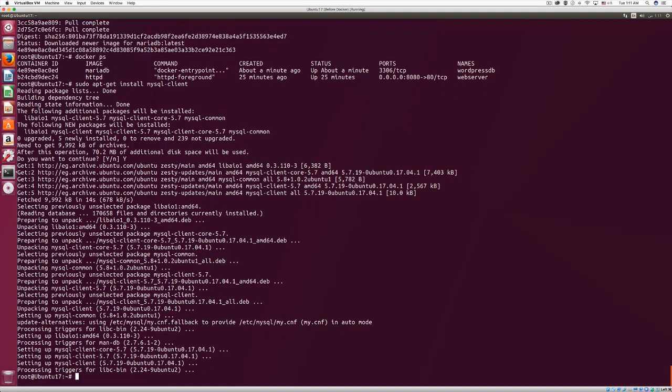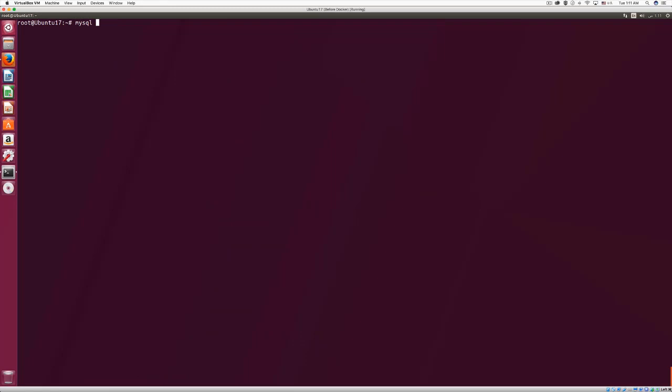Okay, once it's installed, let's clear the screen and use mysql -u, which user is wordpress, -p, which is wordpress. You can type the password at the command line, which is of course an unsecure practice, and it is highly not recommended if you are running a production system. Never write the password like this on the command line, just using it here to save time. But now I need -h, I need the IP address of the container in order to be able to connect